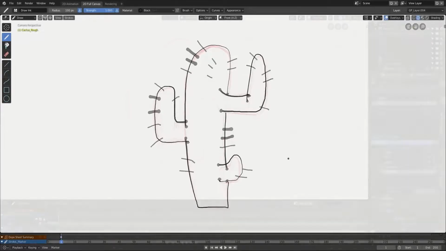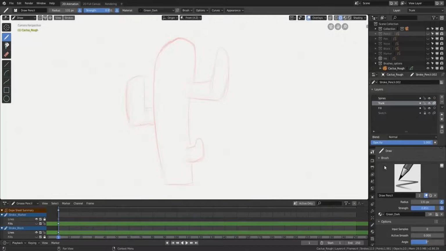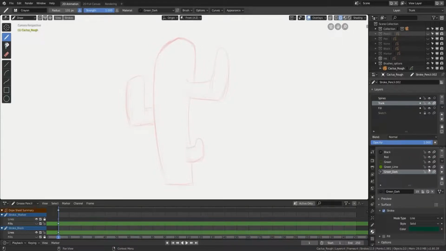But the real power of the drawing brushes is when they are combined with materials other than just solid color. Let's create a new texture brush. Go to the Active Tool panel and create a new brush with the Add Brush button. Next, go to the Materials panel to create a new material for the brush. Add a new slot to the list and create a new stroke material. Change the stroke style to texture and open the image you want to use.